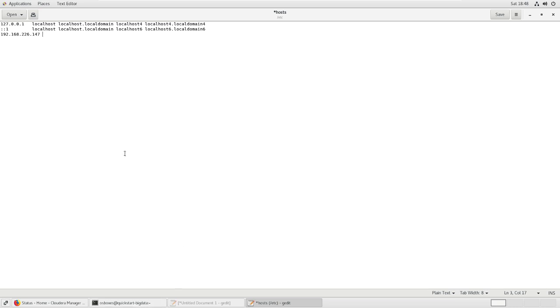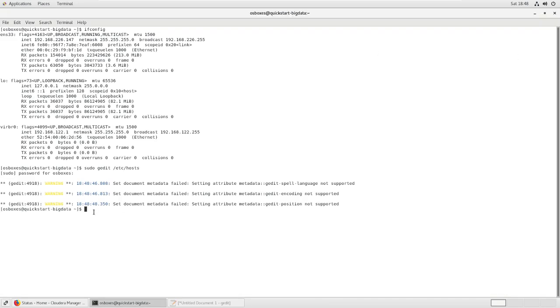quickstart-bigdata. So this is going to be our domain name, the DNS resolution name, and this is the IP address which has been assigned to us. So in the 5.13 VM we used to call it quickstart.cloudera, but here we'll be calling it quickstart-bigdata. Fine. Yep, I wanted to make some difference at least. So let's save this file, close this up.